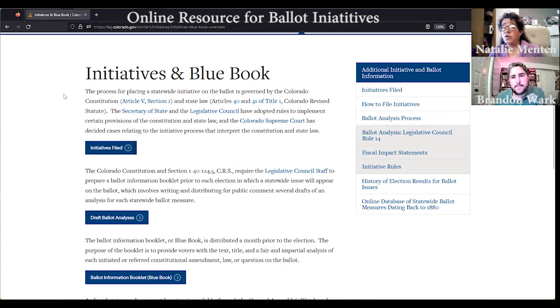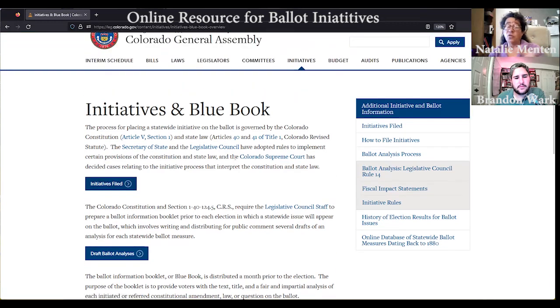Yeah, and I was just going to say the other thing that's really important as a big overarching picture is this is the very first place that these initiatives will show up. And as I mentioned, you can also go to Secretary of State, but that's like stage 2. So this is really where the whole beginning of what eventually will become on the ballot. So it's a good place for the history and everything else. Go ahead, keep going.